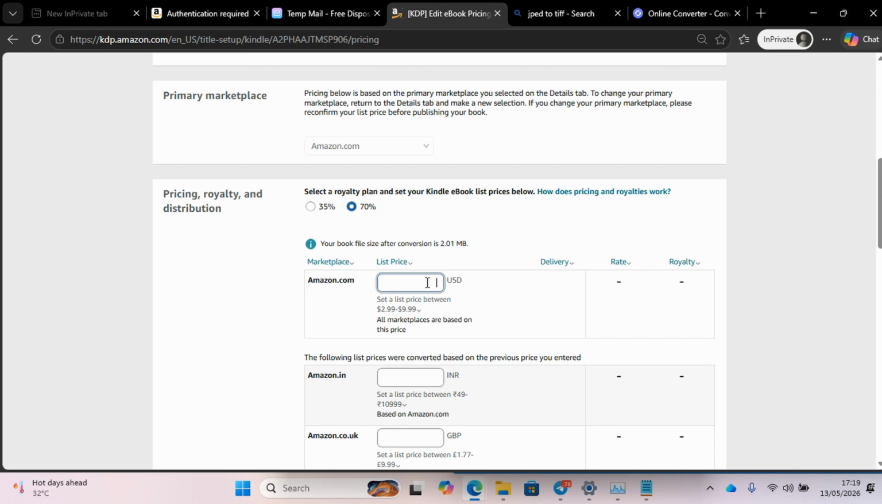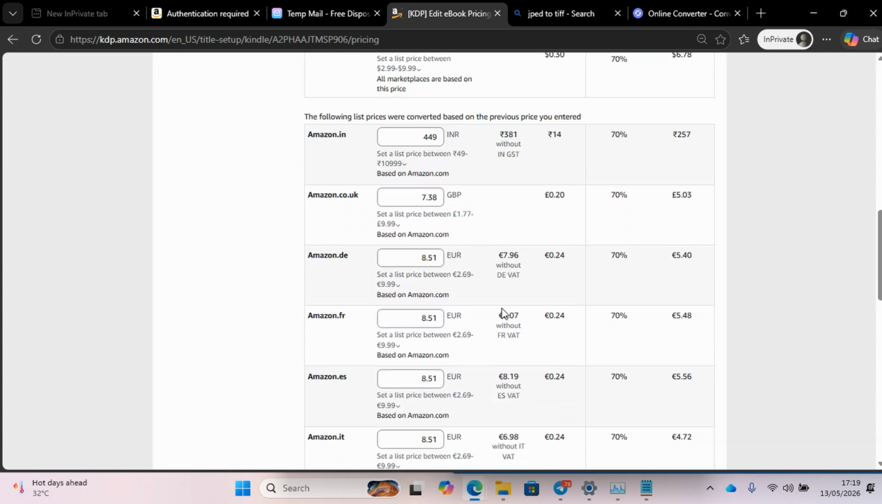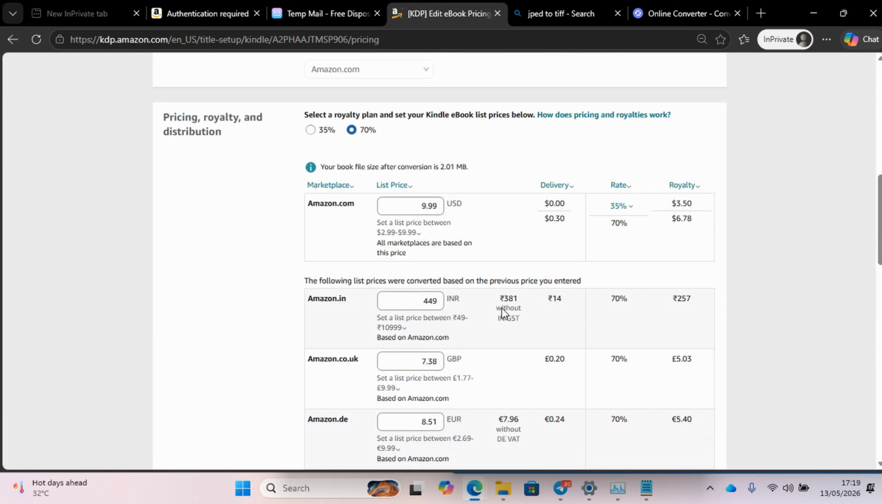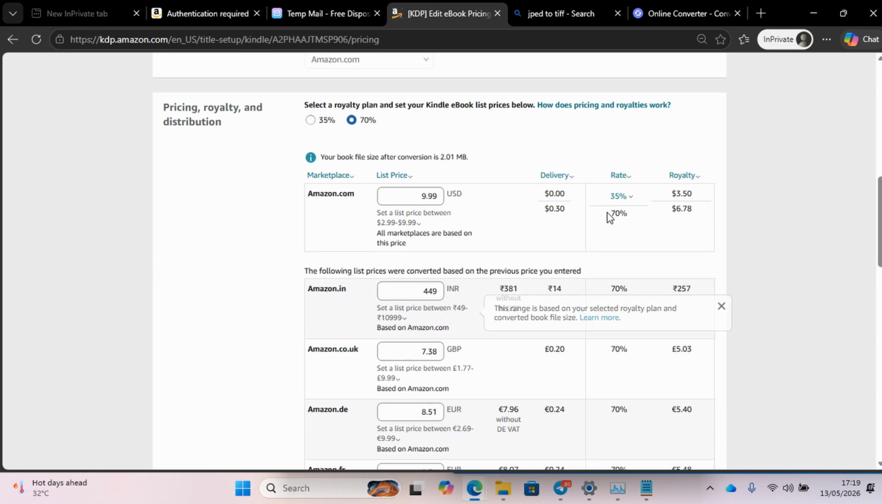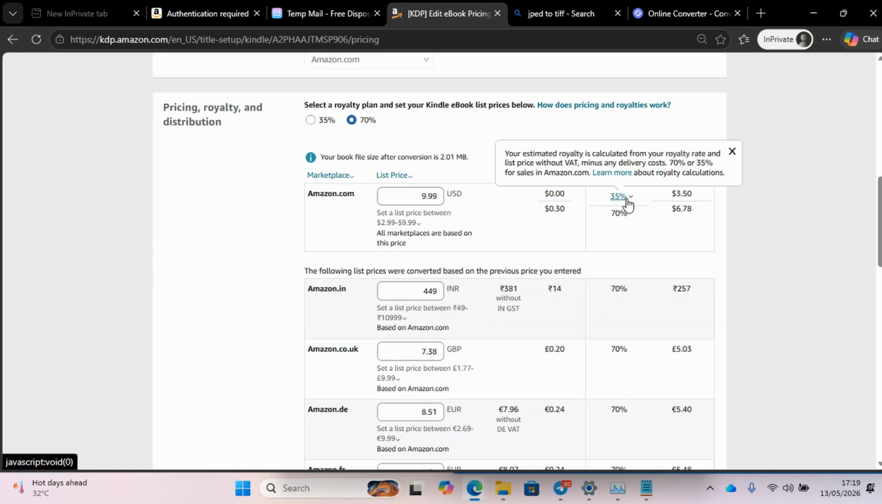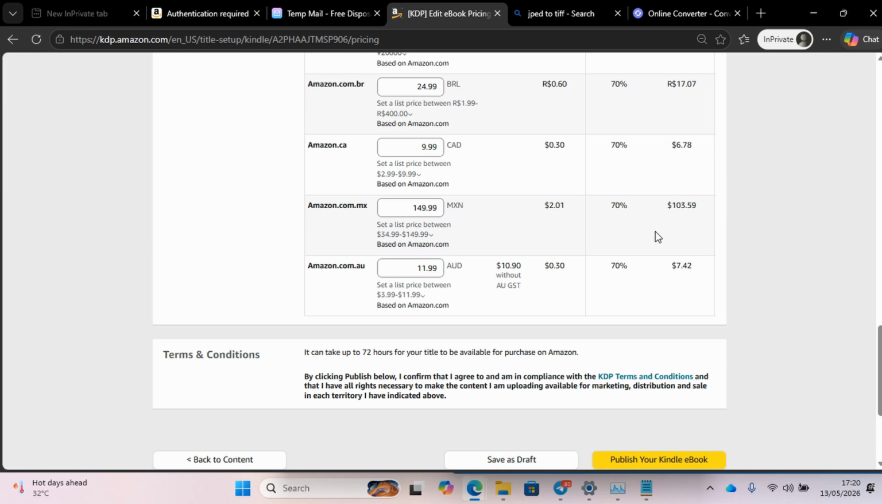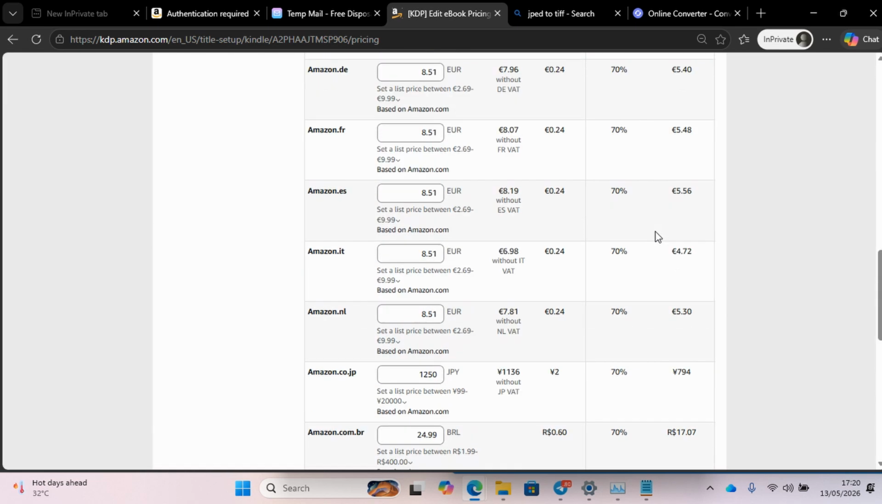So if I choose 9.99, that price is going to apply to all of them automatically. You can see it will apply to every single one of them. If you feel you want to reduce the pricing for anyone, you can go ahead and reduce. Now, since my rate is 35%, so 70%, the royalty here is $3.5, and then my royalty is going to be 6.7. If there's going to be delivery, which is what you're seeing here, 0.3 dollars and all that, they're going to take all their fees out of it, and then when they are done,